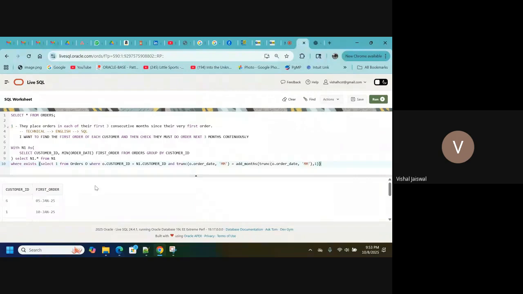What exactly is this going to check? I'm checking, select N1.*. I'm just running lines 7, 8, 9. It will give you all the customers with their first order. Then I'm checking the same customer: O.customer_id is equal to N1.customer_id. The same customer has one more row in the orders table where the order date is equal to the date coming from here, their first order date,